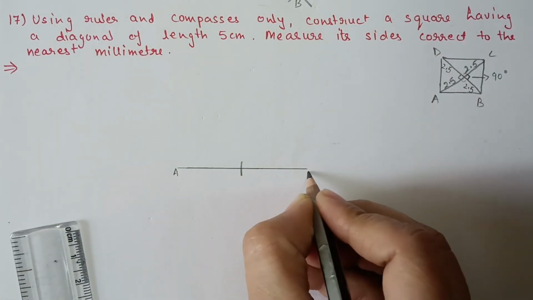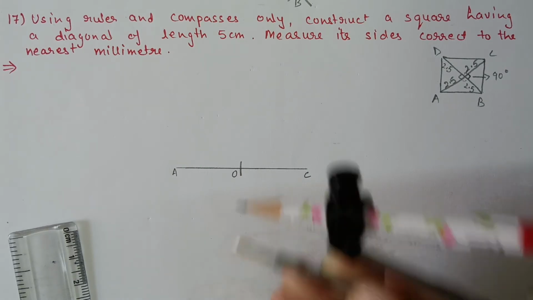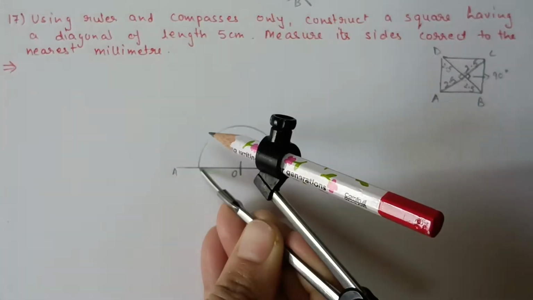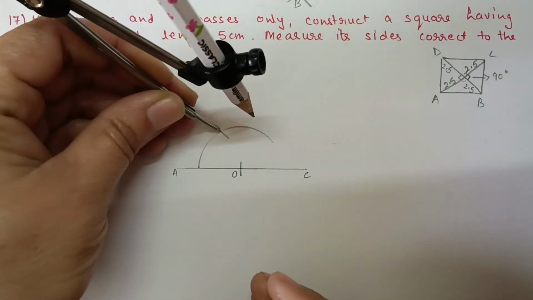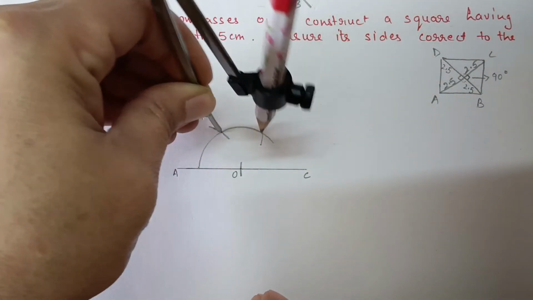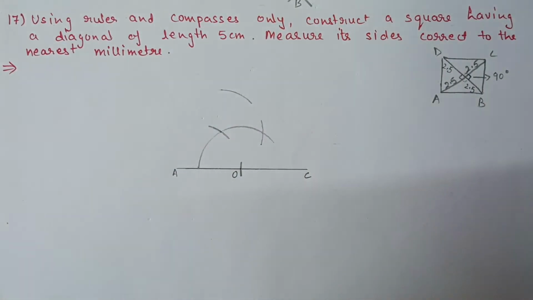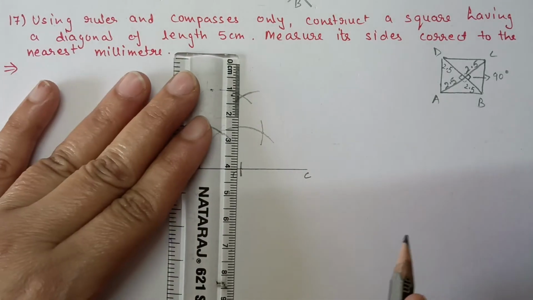This is point A, this is C and this is midpoint of AC, O. Now at this point we have to construct a 90 degree angle. Any one direction we can construct the 90 degree angle. First 60 degree, second arc is 120 degree. From 60 put one arc in up direction and from 120 another arc. So after bisecting 60 and 120 we will get 90 degree.